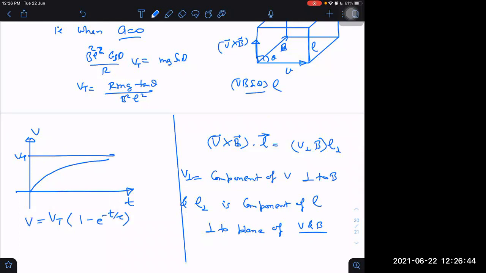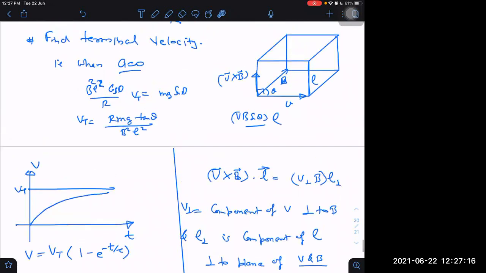That will be velocity. What will be the time constant? If somebody is asking, how do we know what is the time constant? See this equation. You can get the time constant here. How? Just write Vt one side, and g sin theta is acceleration. So Vt divided by g sin theta will be equal to the time constant.